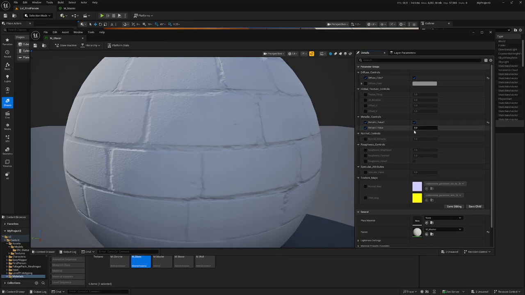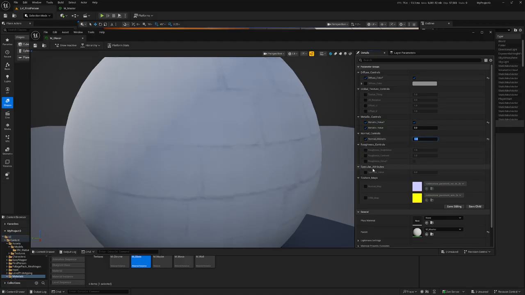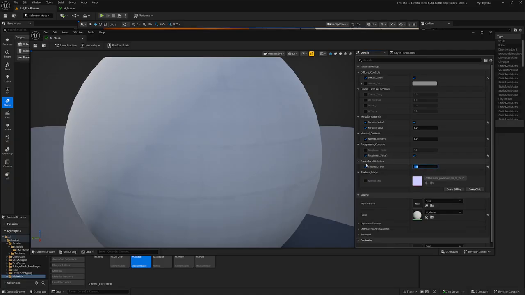So metallic value, I will set it to 0, normal to 0, and specular value to 1, and also roughness value to 0, sorry. So roughness value to 0. And normal intensity, so we set it already to 0, metallic value, diffuse color. So we have everything now set up correctly,